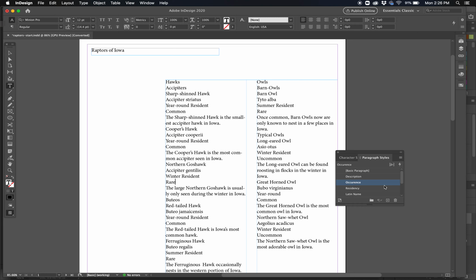And I've named it very semantically, meaning that whatever it's supposed to be, I don't leave it at really random names, right? So I call these hawks is heading 1, owls is also a heading 1, accipiters is a heading 2, barn owls is a heading 2, right? The name of the bird, the Latin name, etc. Okay, so let's work with these two main